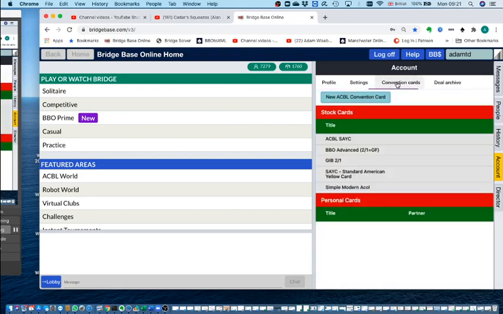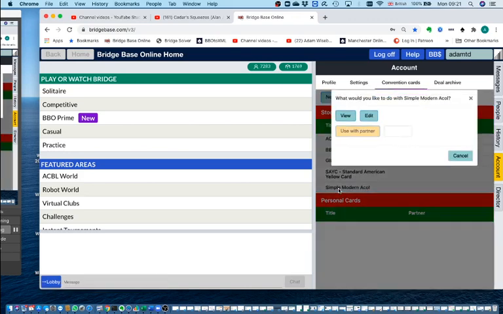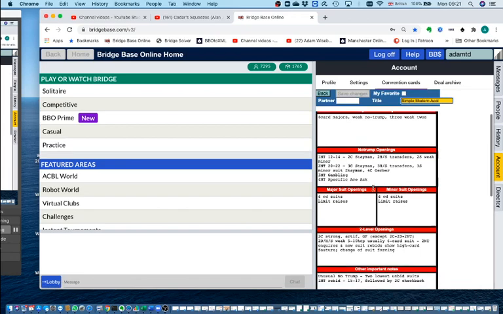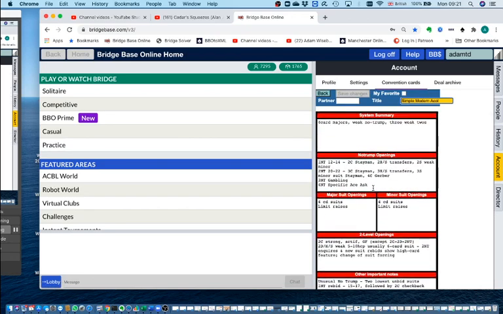So we click on convention cards and it brings up this page. Under stock cards, we have a number of cards, and this is the easiest way to create a card. Let's assume that you're playing some form of ACBL. So let's click on Simple Modern ACBL, and let's say we want to edit it. Now this has got a reasonably simple ACBL system, playing 4 card majors, weak no trump, 3 weak 2s, and